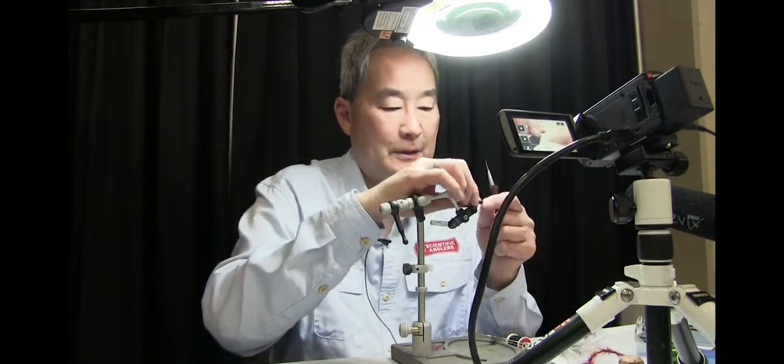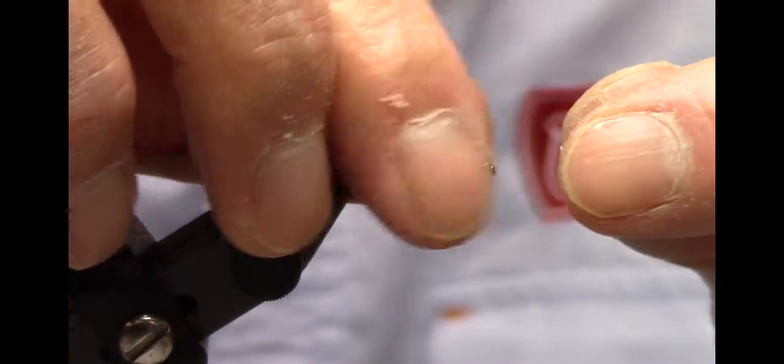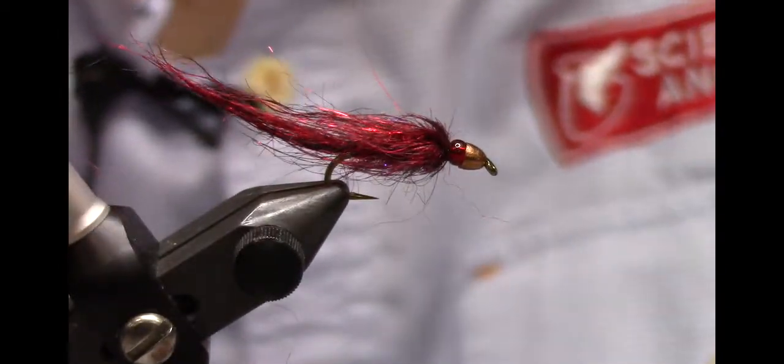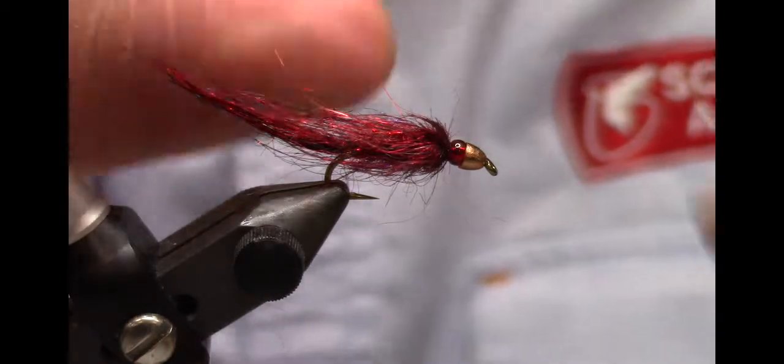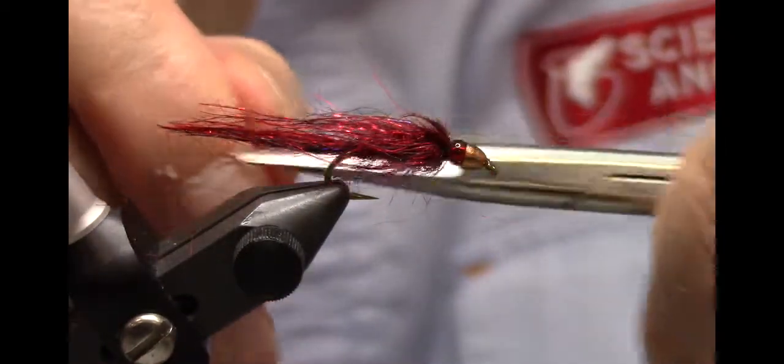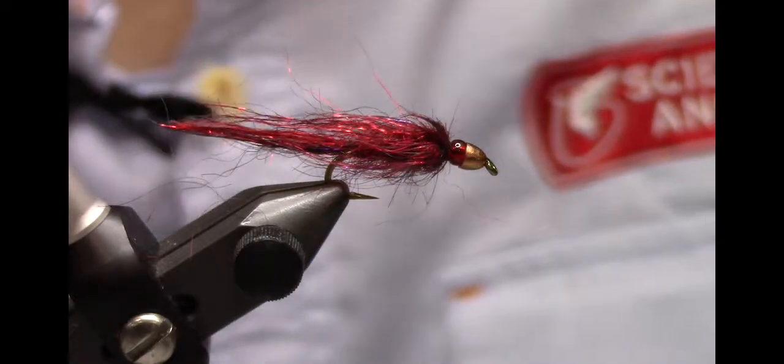You can do that on any of the leeches, or any flies you tie that are dubbed on or tied with mohair. That hot water just takes the memory out of it. I'm just trying to imitate it now by wetting it, but that's what the fly is going to look like when it's finished. And I'm just going to trim that just a titch. So, a real simple pattern, but